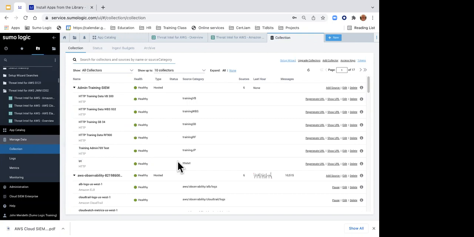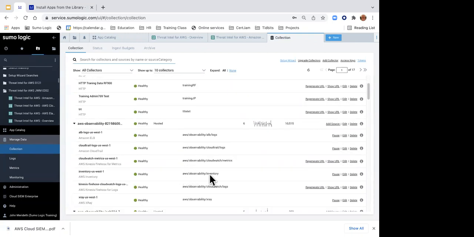And when we create this log data, we give it a name. And that's the name that we tied to the source category when we installed the application. So we created a source, we gave it a name, we tied that to it. In this case, it's not exactly the same name. But if I wanted to search for it, I could find those various sources.